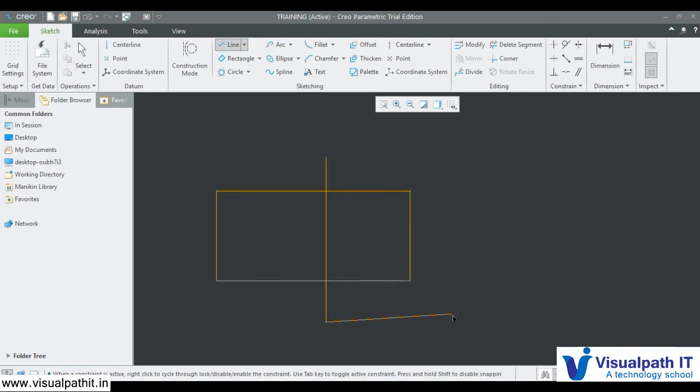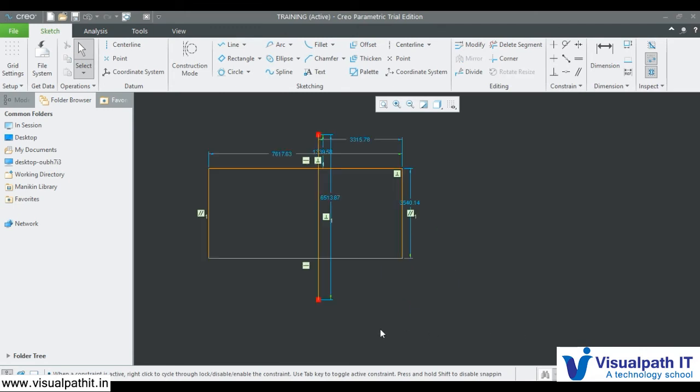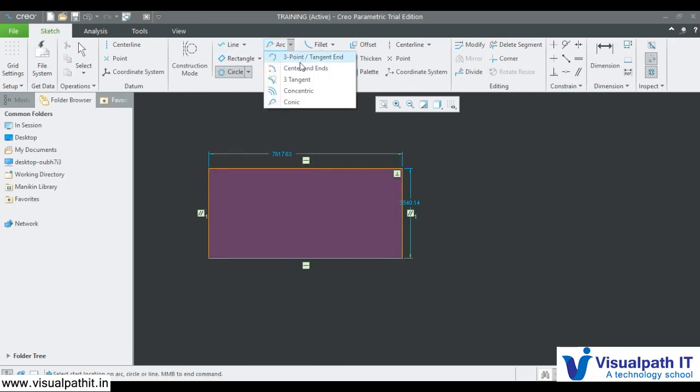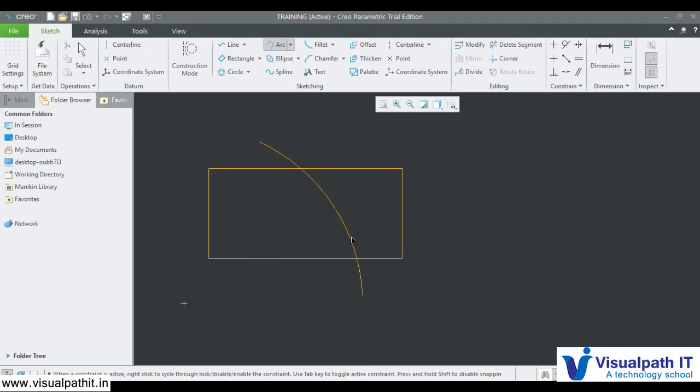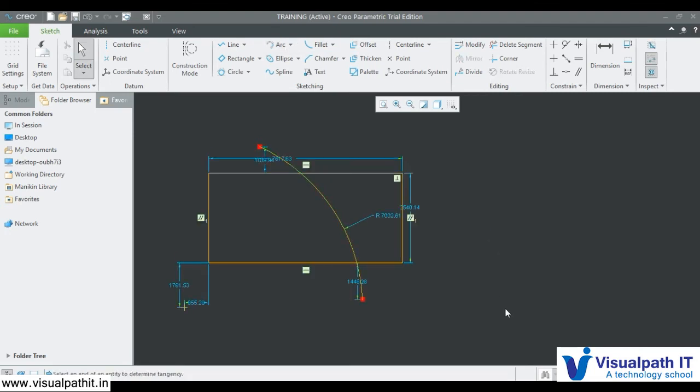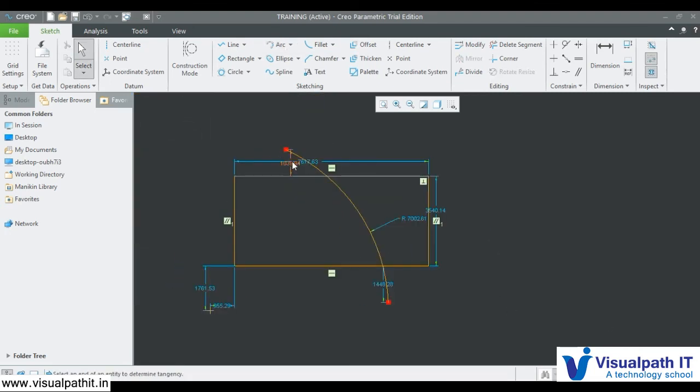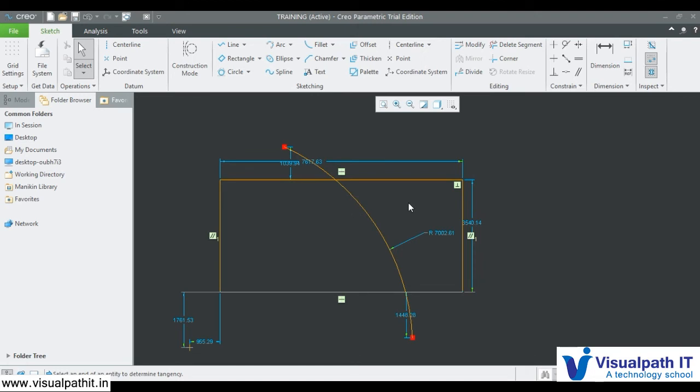Let's say I have a line here, or let's make it a curve or an angle. Now let's say I have an arc here. I want this part. I don't want this part.